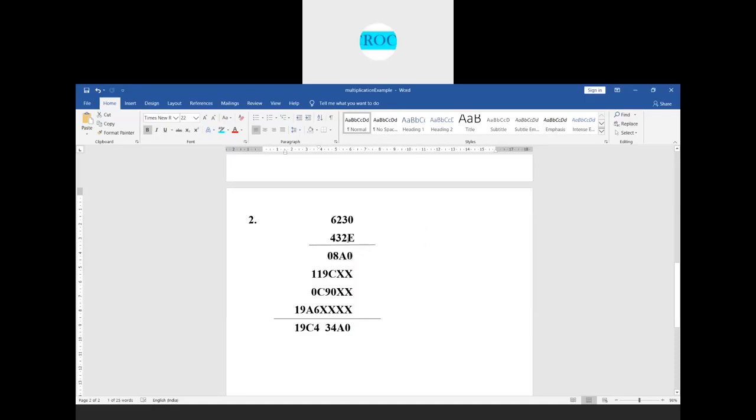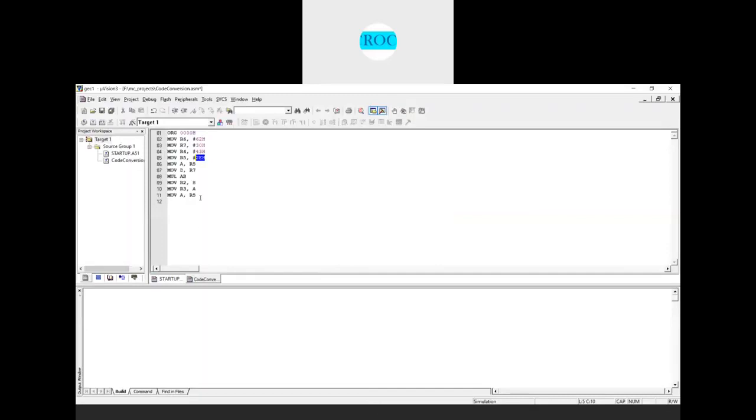Now what next, I need to perform the multiplication of 2E with 62. That's the reason I'm first moving this content into the accumulator, and 62 I'll move into the B register. MOV B, R6, where we have the higher byte 62H.